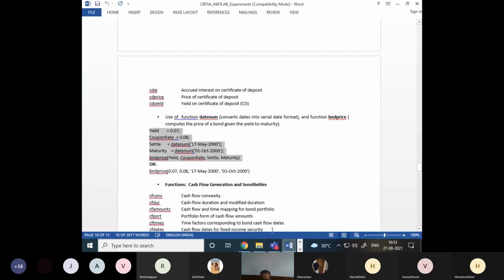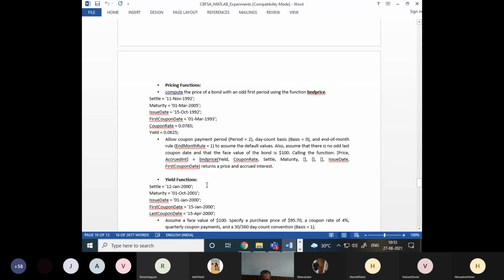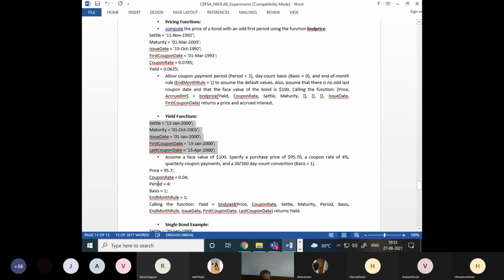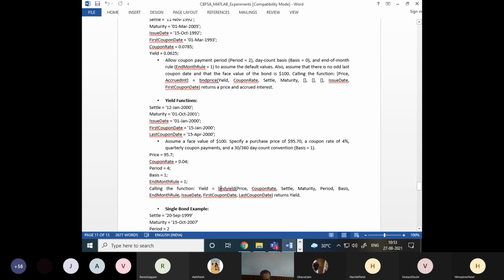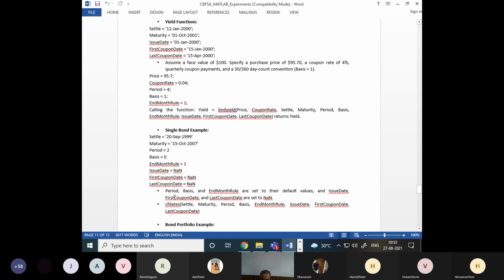There is a reverse calculation. Usually we don't know the yield; we want to calculate the yield. So I directly go to that. There is a yield calculation. You can see this is a settlement date, maturity date, issue date is known, first coupon date is known, last coupon date is known, right? And I want to calculate some data, so that is also possible. Then here the price of the bond is known, okay? The coupon rate is known, the number of periods per year is known, okay? And then I want to calculate the bond yield, that is also possible. So there are some examples for it. I take only a simple example.